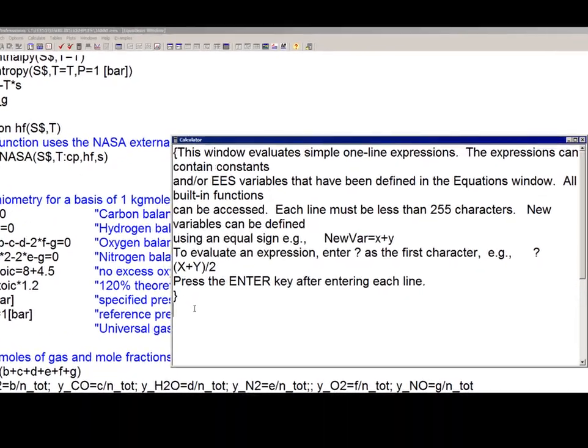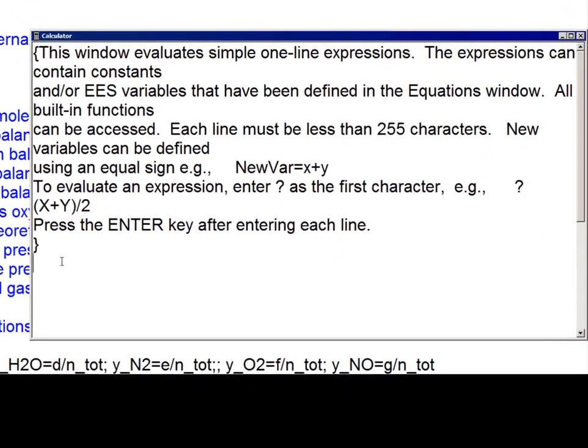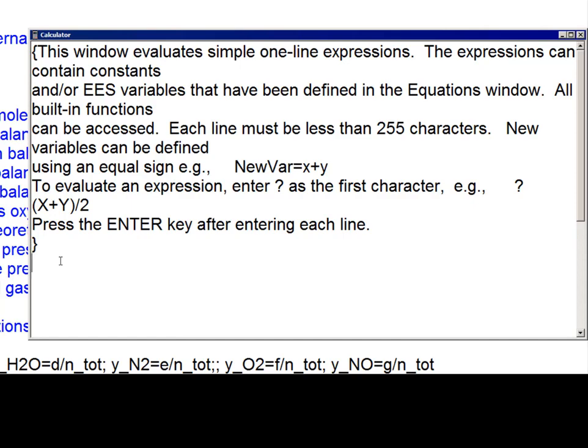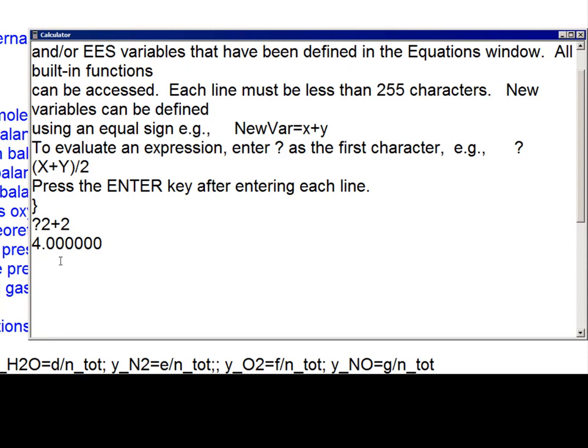So I can enter commands and mathematical expressions in this window and get solutions without ever having to solve the EES code. So for example, if I enter question mark 2 plus 2, you can see that it will tell me that the answer to 2 plus 2 is 4. So any command preceded by a question mark, the result of that operation is going to be displayed right here